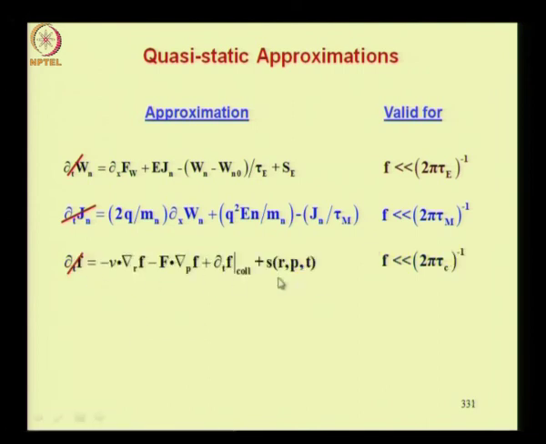Finally, the Boltzmann transport equation: we can neglect the time varying term on the left hand side if your frequency is much less than 1 by 2π τc, where τc is the mean free time between collisions. Now a caution here, we are using the f symbol in two cases. So here this f is not the frequency, as you would have already recognized. This f here in the Boltzmann transport equation is the distribution function, whereas this f here is the frequency. Okay.